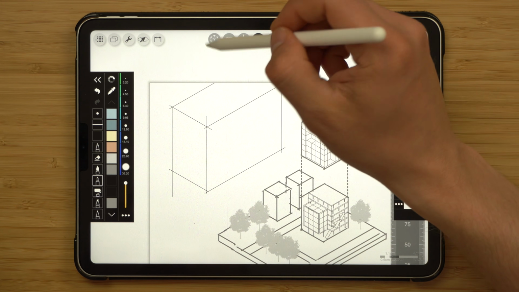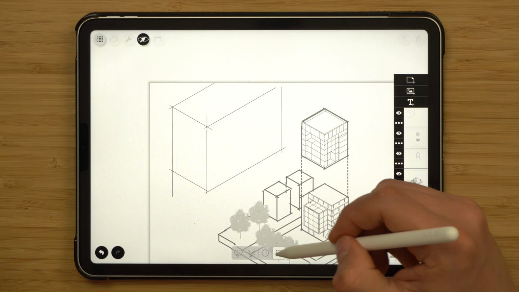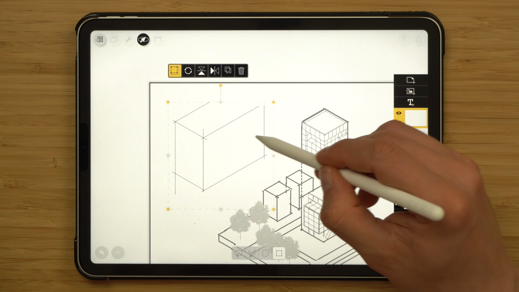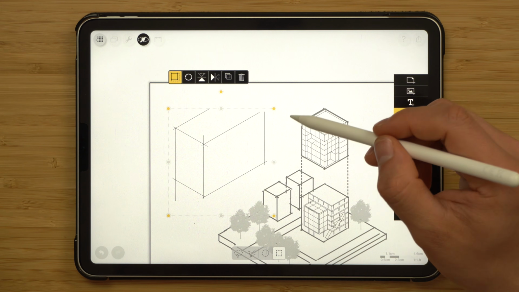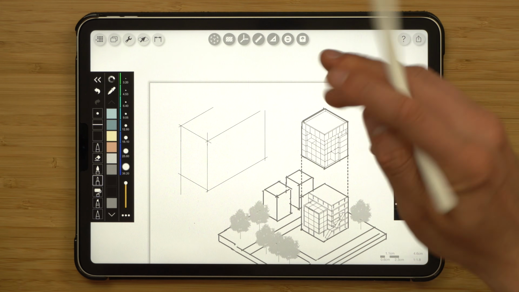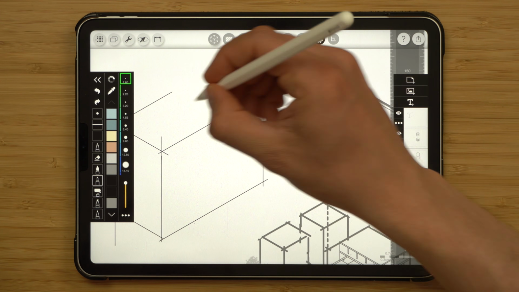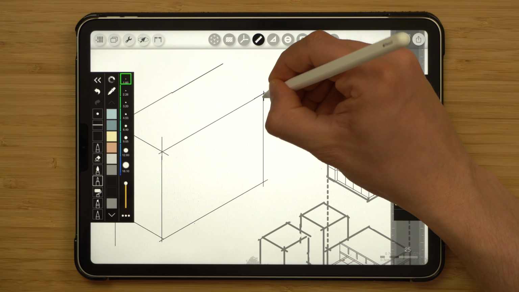You can see I'm out of space, so I'll go to the select tool, activate rectangle, and just position the size of this thing roughly the way I want it to be. Sort of like that is okay. Tap again on the select tool and just finish, again making sure that the ruler is on, finish the volume.